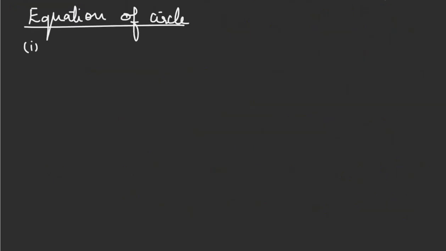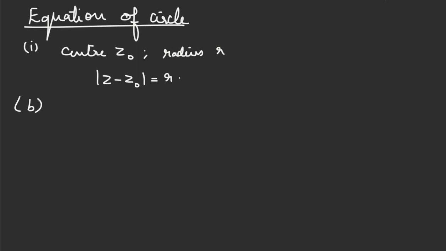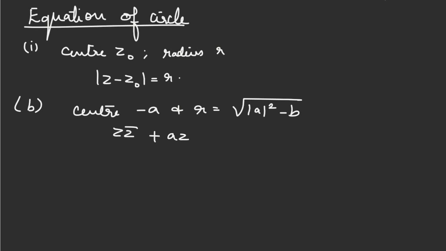Next, moving on to the equation of the circle. The equation of the circle with the center z0 and radius r is given by modulus of z minus z0 is equal to r. The general equation of the circle with the center as minus a and radius equal to root of modulus of a square minus b is given by z z bar plus a z bar plus a bar z plus b